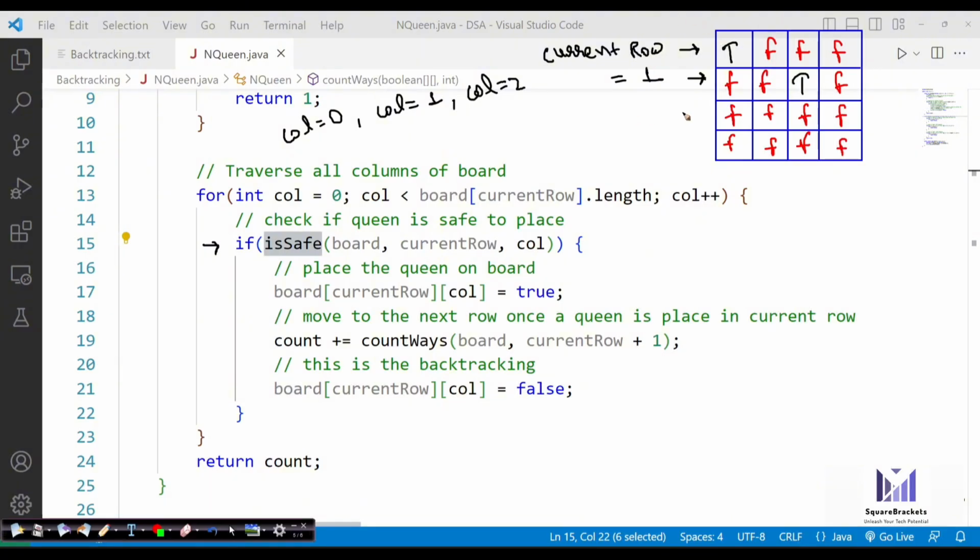And now current row will move to this, and current row becomes 2. Column again becomes 0. But remember, earlier I iterated till column 2. So you can even write that in the first iteration, the column loop executed only once. For the second row, the column loop executed 3 times. Now for the third row, column becomes 0.